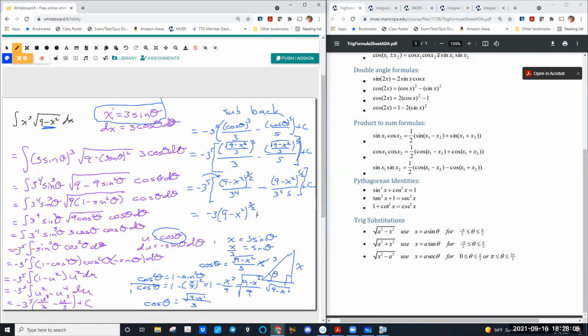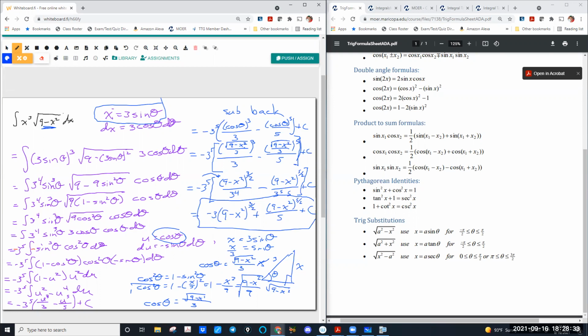The negative is going to switch the sign, and we're going to have 9 minus x squared to the 5 halves over 5 plus c. It is not pretty. If you have to use trig substitution, a lot of times the answer does not come out pretty, but it is another integral that we can do by